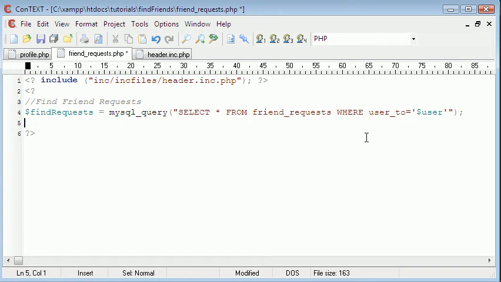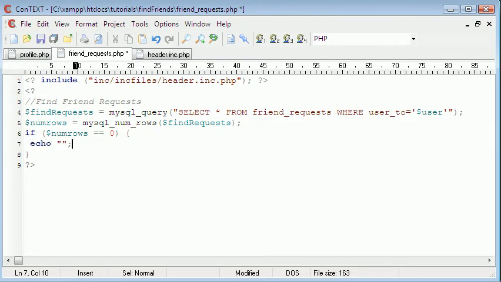So at the moment it's just queried the database, so we need to create a variable called numRows, which equals MySQL numRows find requests, and then we say if numRows equals 0, so if there's no friend request, basically we just echo you have no friend requests